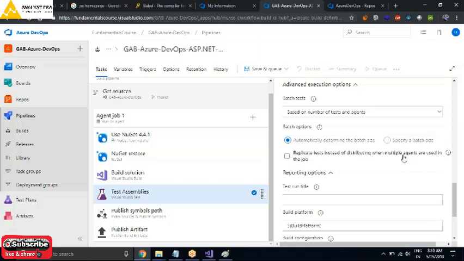batch tests. And what should be the batch size? Batch essentially is if at all I have